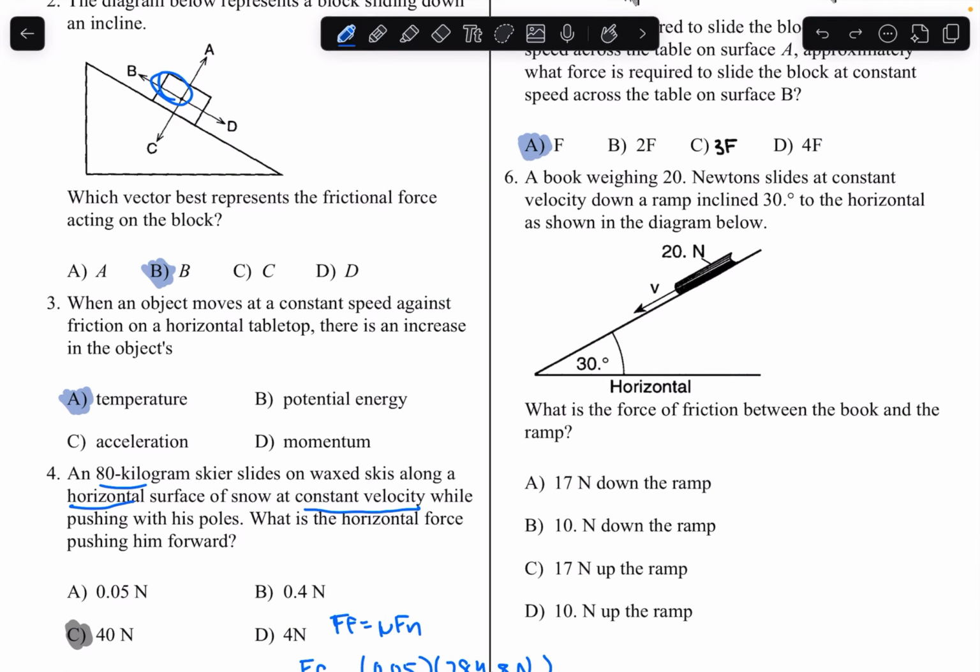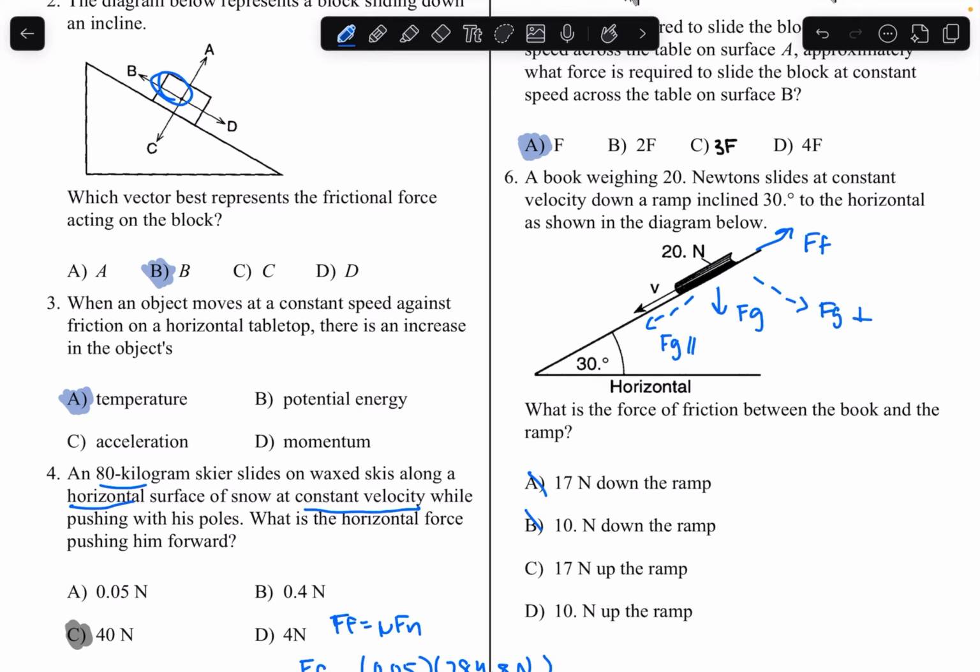Number 6. A book weighing 20 newtons slides at constant velocity down a ramp inclined 30 degrees to the horizontal as shown in the diagram below. What is the force of friction between the book and the ramp? So the first thing we can do in this equation is eliminate choices A and B, because force of friction would be going up the ramp like this, not down. Now the book is going down a slant, so Fg is split into Fg parallel and Fg perpendicular. Let me draw this out. So this is what regular Fg looks like, and this is what Fg parallel would look like, and this is what